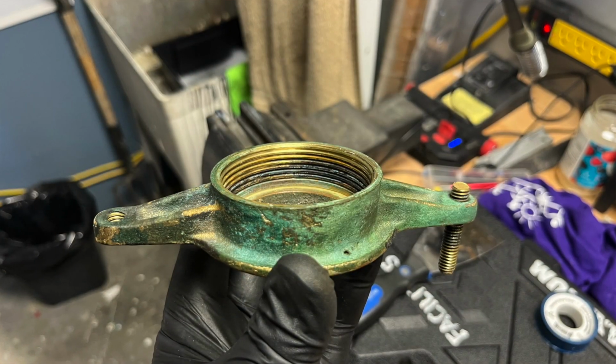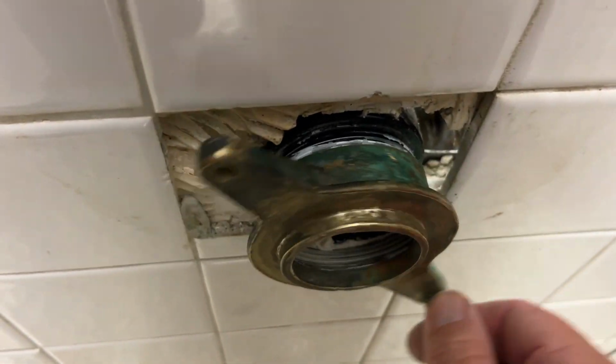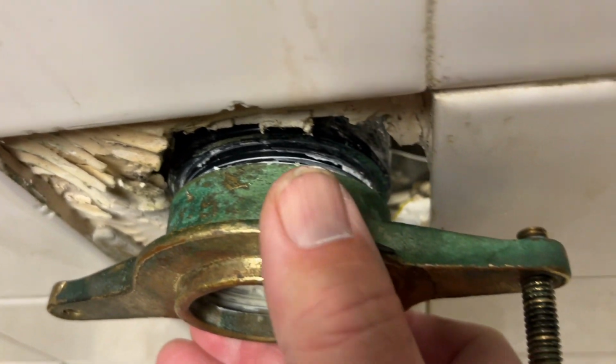So anyway, I took it apart, cleaned up the threads inside the flange, rewrapped everything with Teflon tape. As I was starting to thread it on, I thought I heard a tiny little noise, maybe a click. Something didn't feel right. And I thought, hold on a second here. And I took a closer look, and now that I could actually see the threads because everything was exposed, and I wiggled it sideways a little bit, I found the problem. As I am spinning this on, I am hearing something funny, and I realize, I don't know if you can see this,